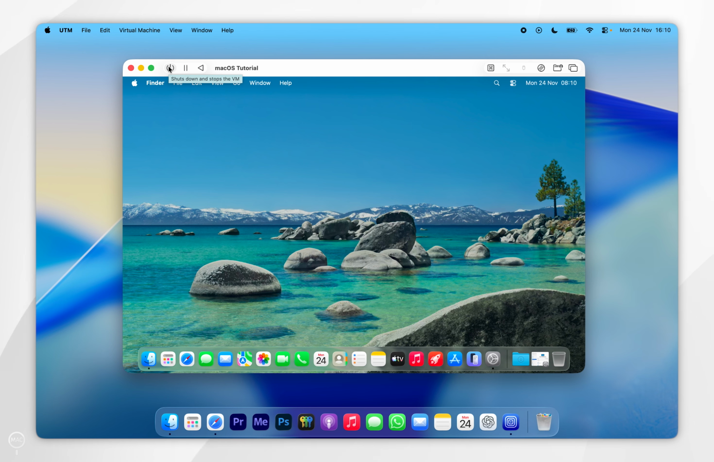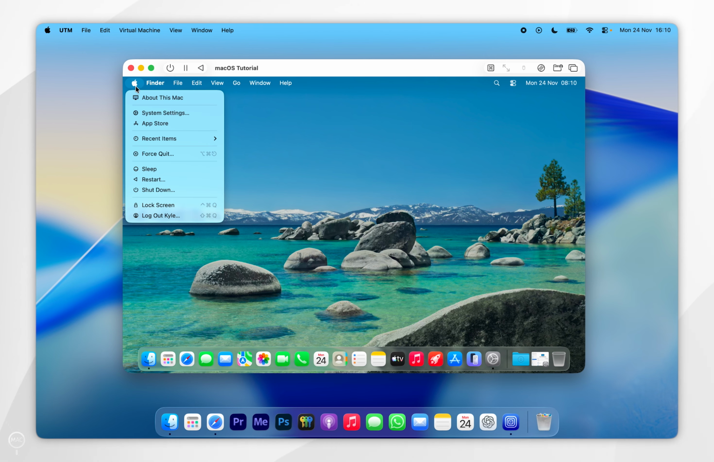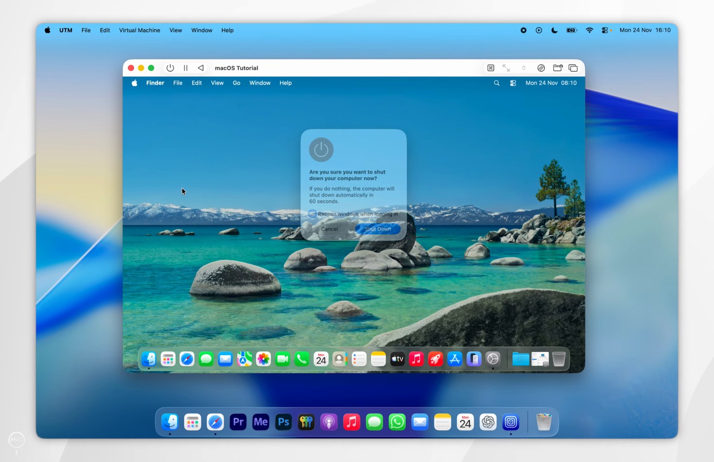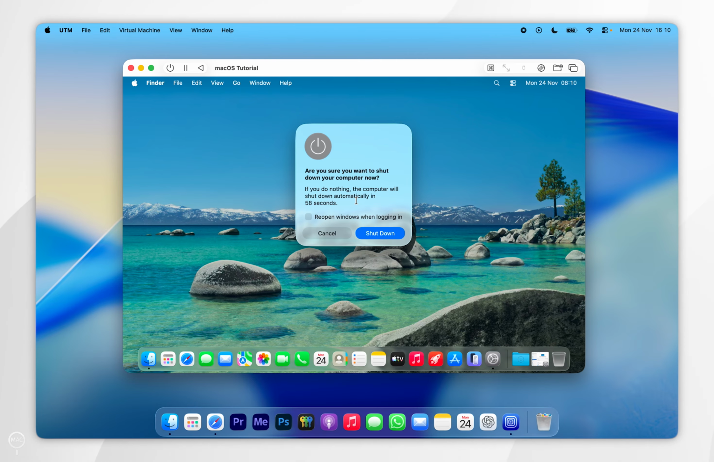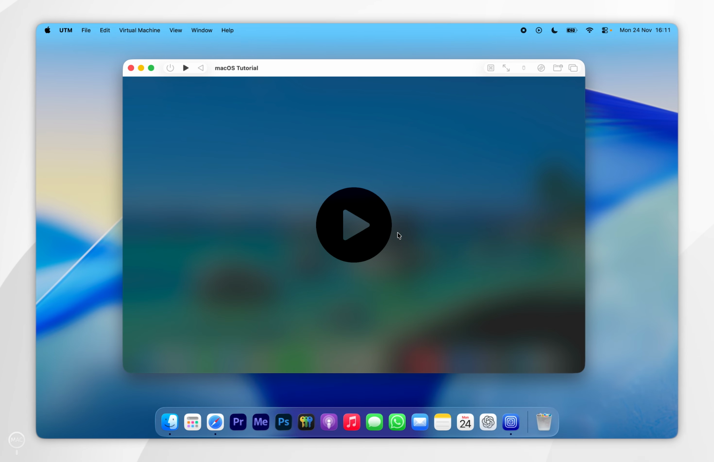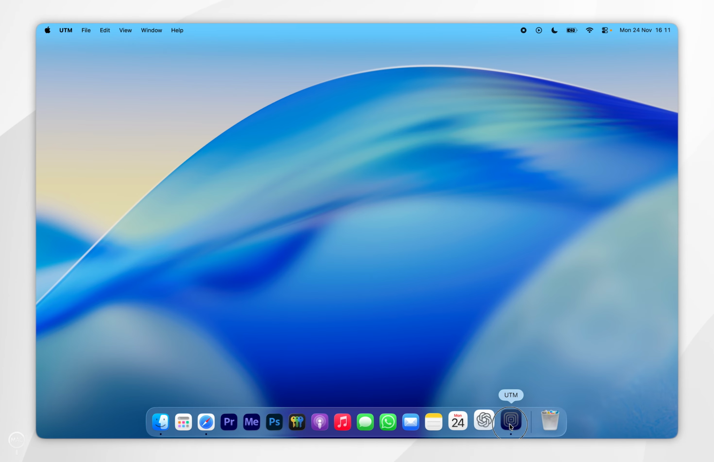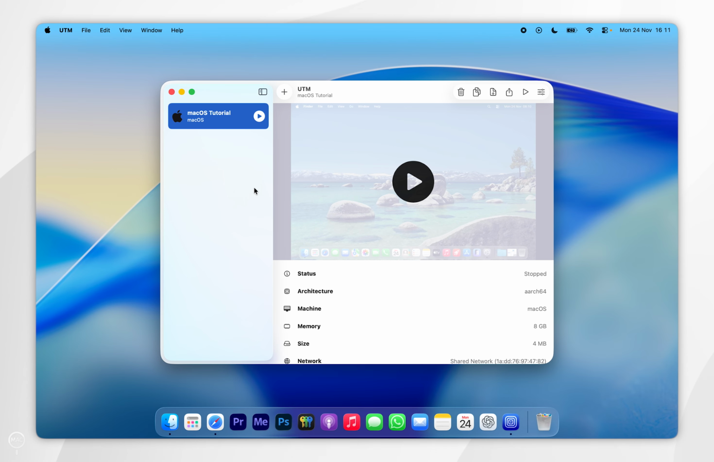However, if you are going to shut down the virtual machine, I recommend you shut down inside of it by using the shutdown button inside macOS if you want to make sure your changes are saved and they do not corrupt. Once you've shut down the virtual machine inside of macOS, you want to go ahead and actually close the window itself, and then you can go ahead and open up UTM